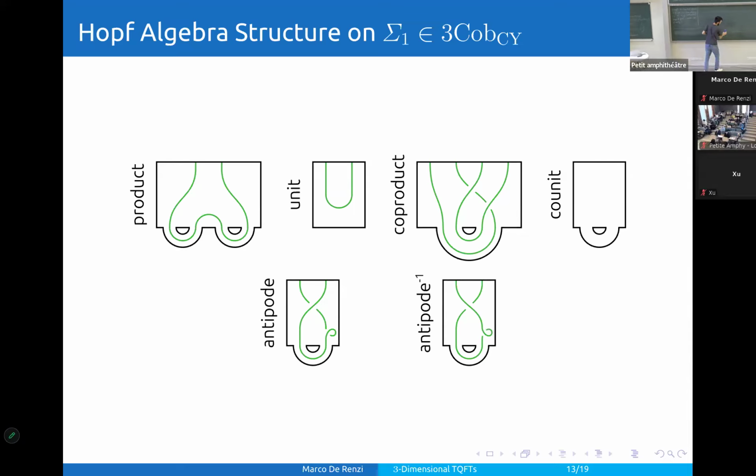So I will write it down here and hopefully it will not be covered. So, proposition. If C is a finite ribbon category,